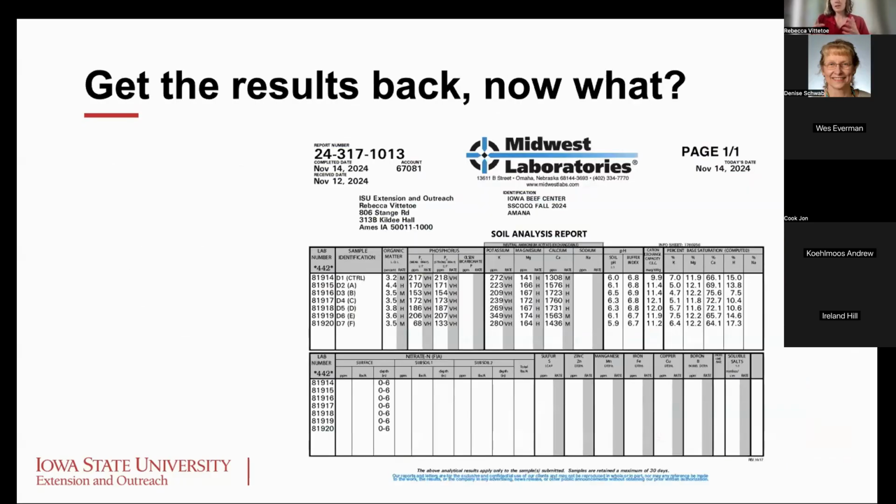So once we take those samples, we get them sent off to a certified lab. We're going to get those results back. So here's a copy of what that lab report might look like. There's also, if you hire it out, you might also get pretty maps of what this looks like as well. But once we get these results back, what are we going to actually do, or how do we interpret what